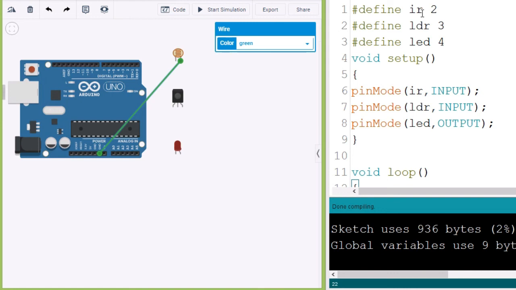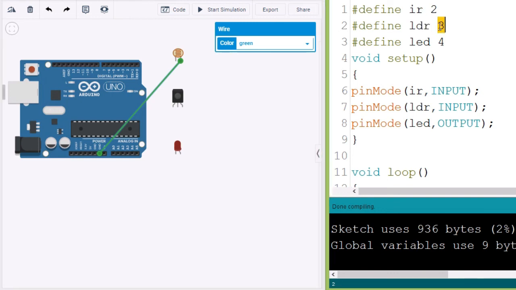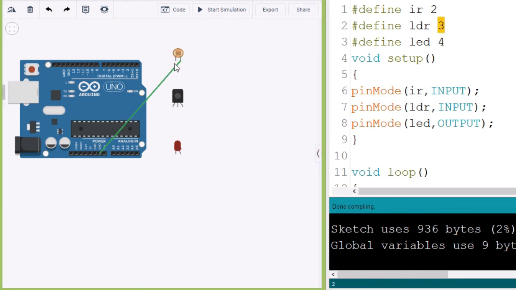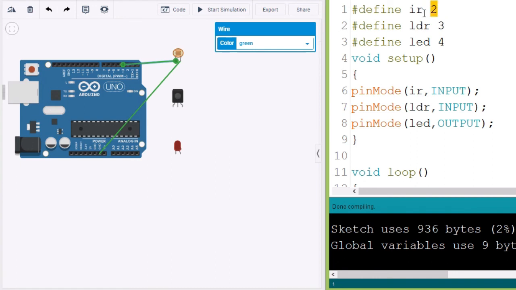So now the terminal 1 will be the data pin. So here for the LDR sensor, the data pin which we have given is 3, right? So I'll be connecting the data pin of the photoresistor to the digital pin 3 over here. Right? So now we are having the IR sensor. So the output pin of the IR sensor in the same way. The output pin of the IR sensor we have given the data pin as 2, the output pin as 2 in the program.